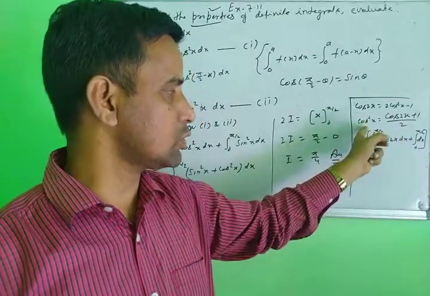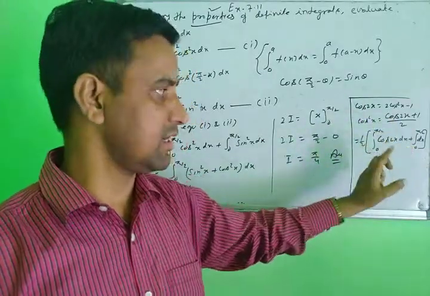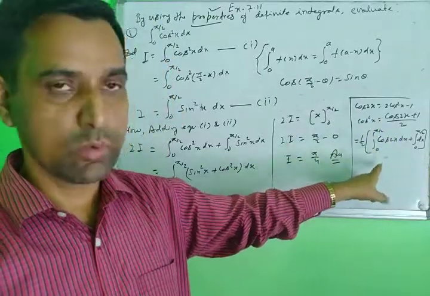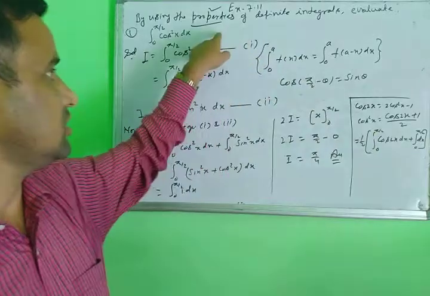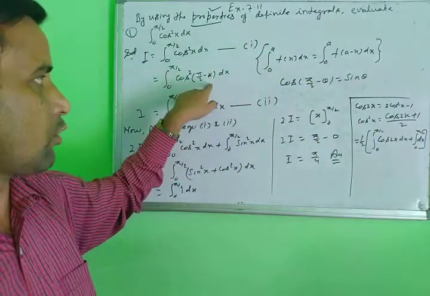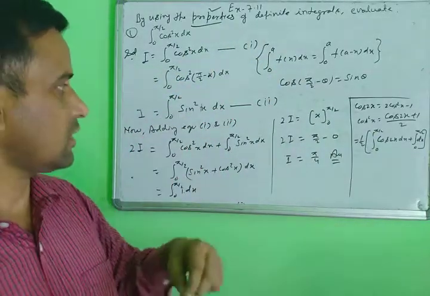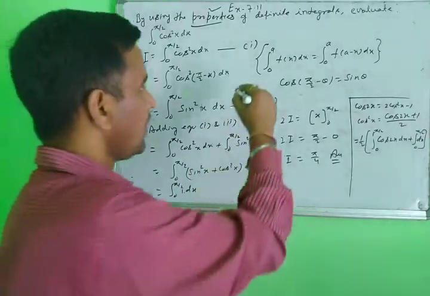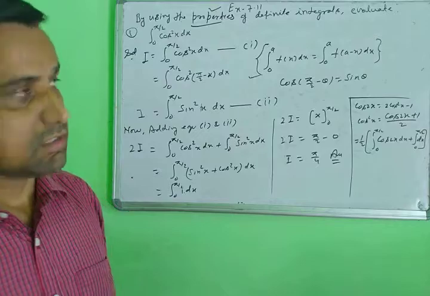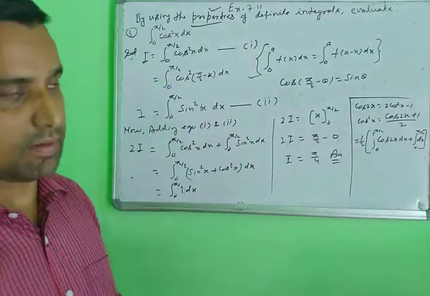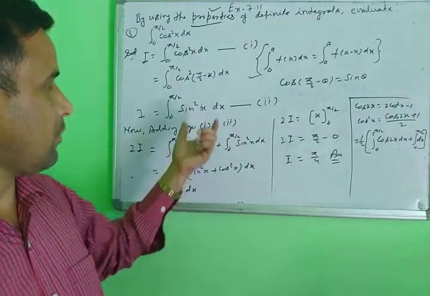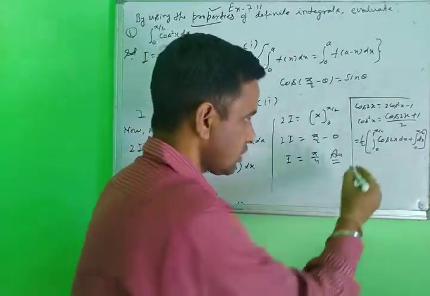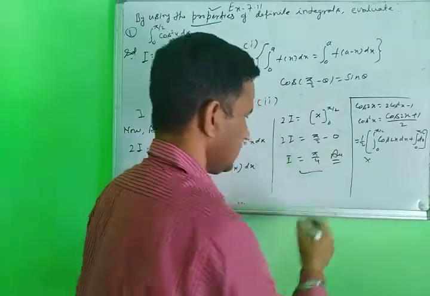You break down the cos square in the simplest form, then you integrate it. But here you are not using the property, you are using only the identities. When you use the property, the question becomes easier to calculate and solve. So when you use the properties, the question becomes easy to solve. Use this property and solve the answer very easily. Yes, note down. Then don't solve this way; you will solve this way only.